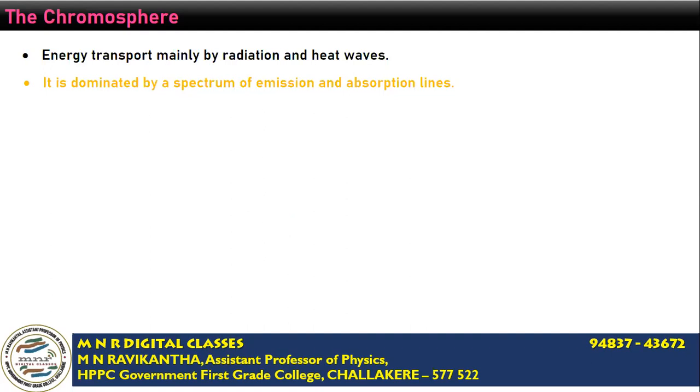The lower layers of the chromosphere, about 500 kilometers in thickness, are simply the extension of the photosphere, where the strongest absorption lines, in particular the Balmer series of hydrogen and the H and K lines of calcium-2, are formed, just similar to that of the photosphere. It is the extension of the photosphere. The increasing temperature along the height is clearly reflected in the spectra produced at different levels of the chromosphere. As we discussed already, the temperature varies inhomogeneously. This inhomogeneous variation of temperature is clearly reflected in the spectrum produced in the chromosphere.